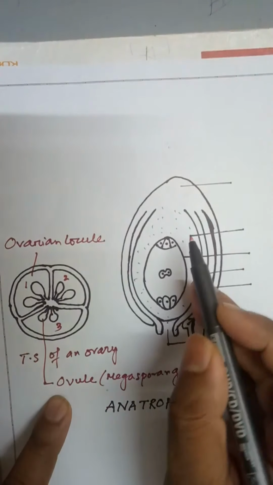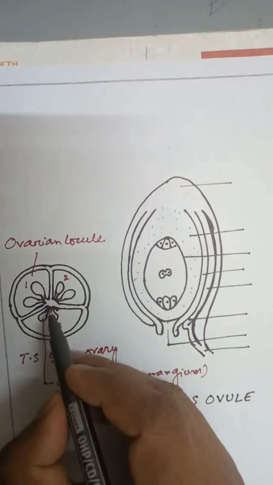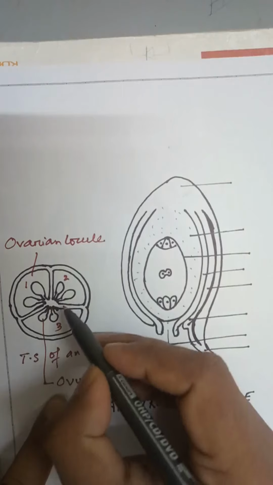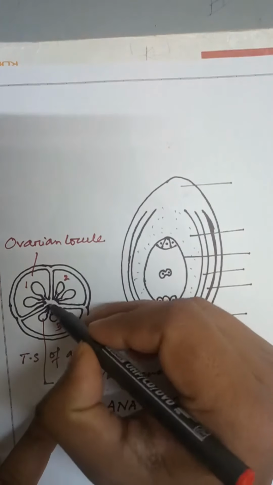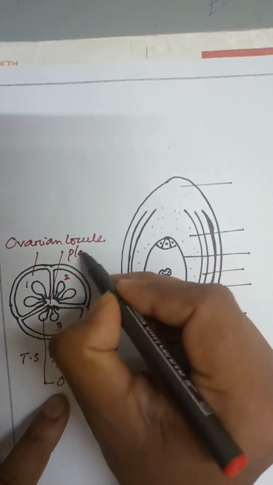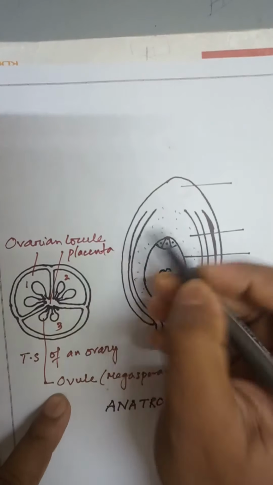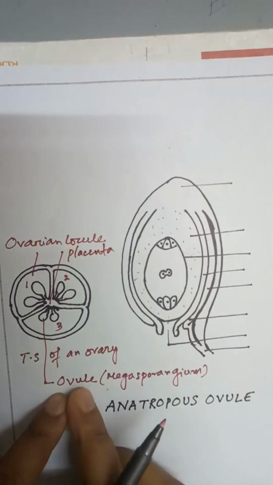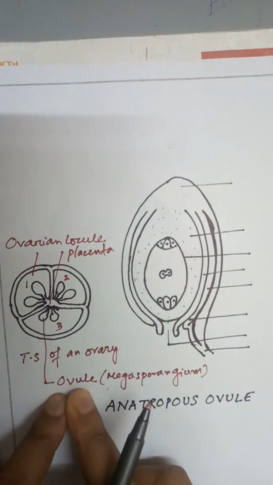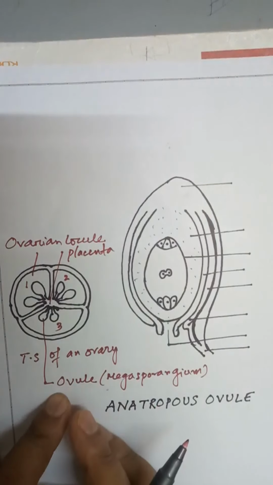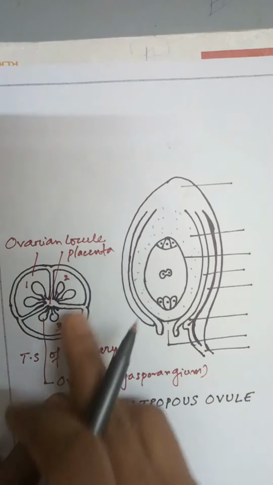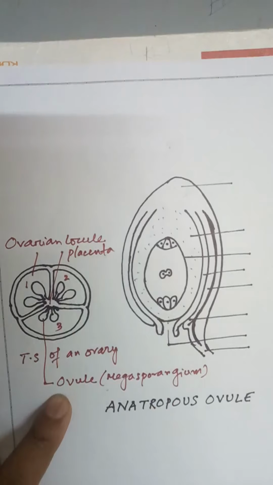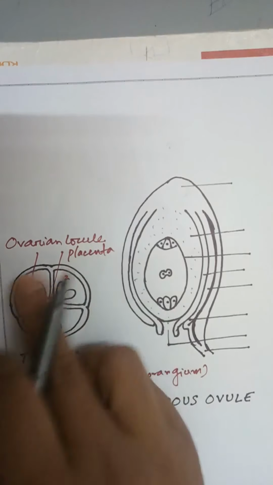Okay, the details of an ovule. You look at one thing, students. This ovule is suspended from a common place, and from this common place these ovules are suspended. This common place is called the placenta. I hope you remember about placentation. The mode of arrangement of ovules inside the ovary is called placentation. There I talked about placenta and different types of placentation. So this is a kind of placentation called axial placentation, where there are different locules.